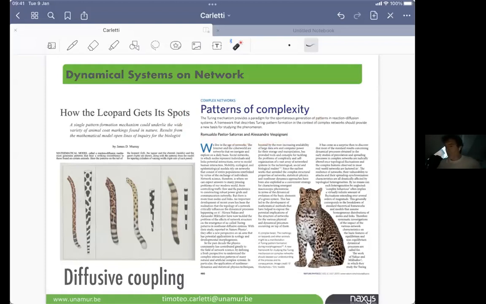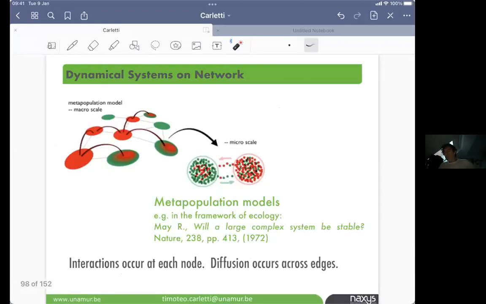Okay, so let's now start this jaguar and the spot, but on a network and not on the skin of the jaguar. So the next step is to assume that on each node you don't have just one species or one agent, but you have a lot of them. Sometimes it's continuous. So each node hosts a population of agents, and this is what is called a metapopulation model,